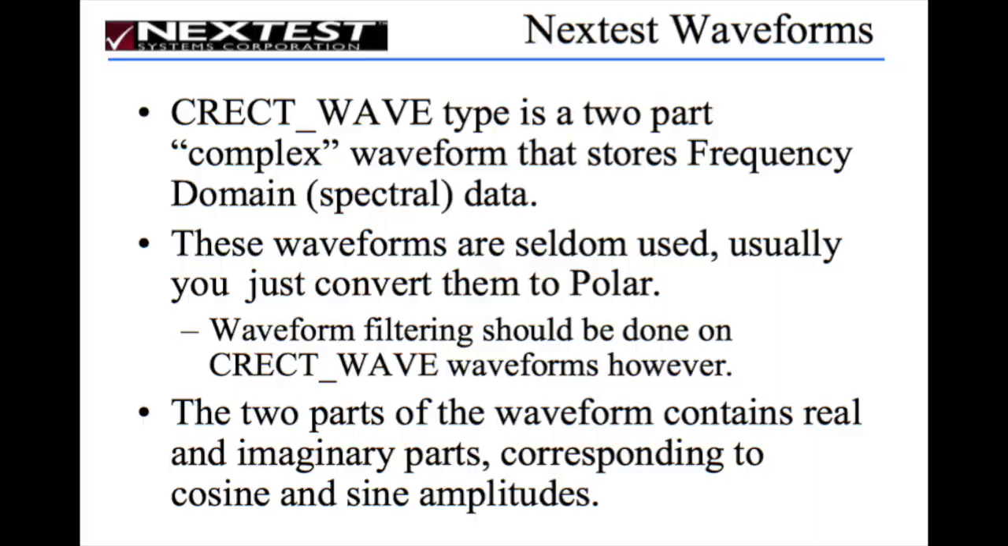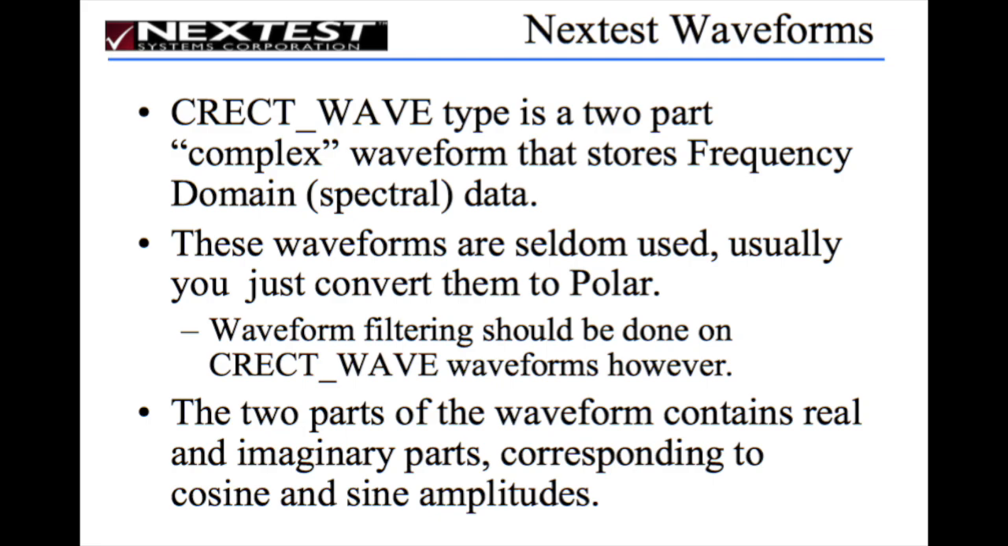Okay, the next type is pretty interesting. It's a C-rect. That's complex rectangular wave. It's a two-part complex waveform that stores frequency domain data. These waveforms are seldom used. Usually just convert them to polar. Now there are exceptions to that, but